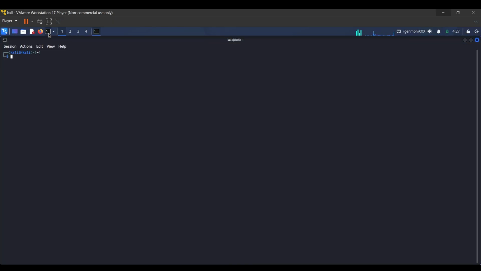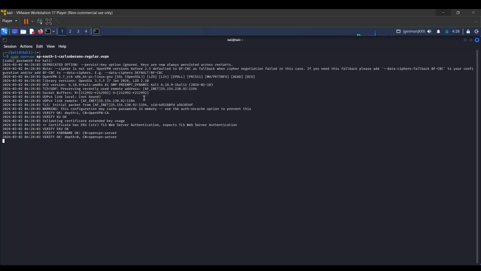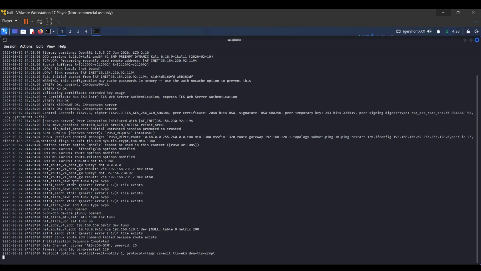Then open your terminal. After opening your terminal, you can now enter this command: sudo openvpn and then the file name of your VPN file. Hit enter, enter your password for Kali, and then this should give us connection to the TryHackMe room,